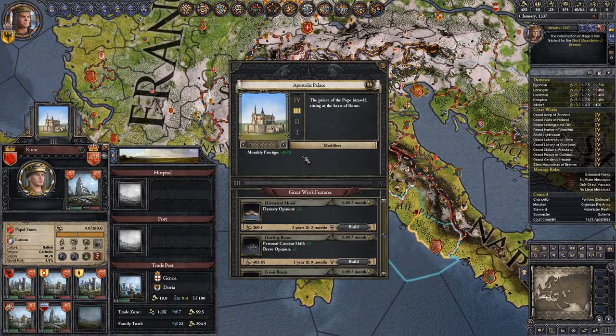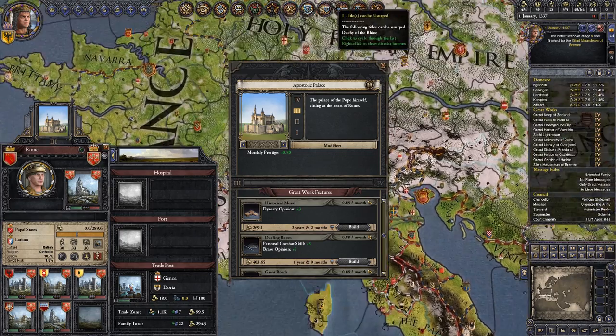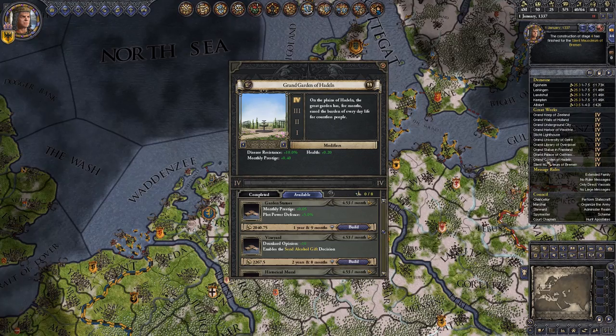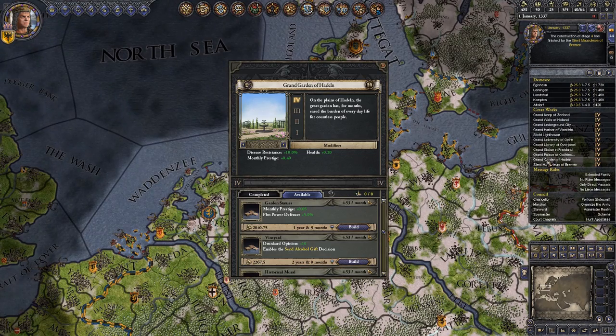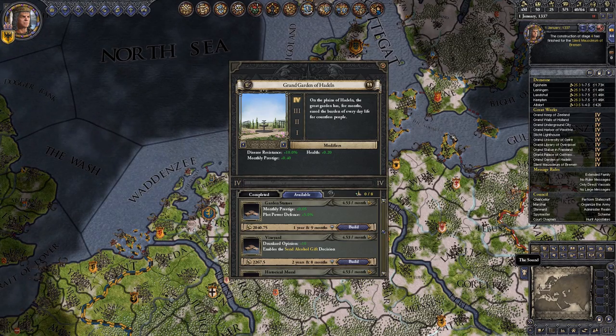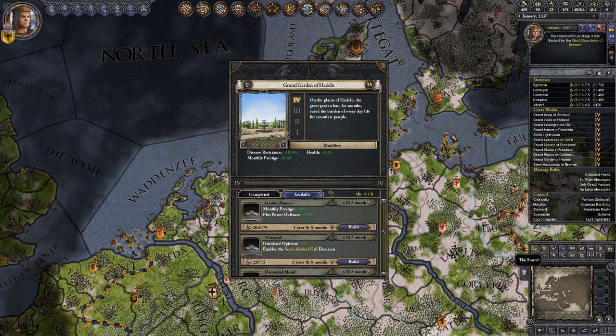It just gives monthly prestige. He doesn't have to worry about his retinue bonus not working, because the Apostolic Palace doesn't have it to begin with. Yeah. Let's just move on to the next great work, the Grand Magnificent Gardens, which cost a total of